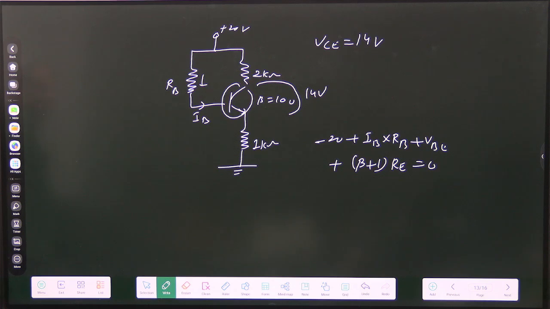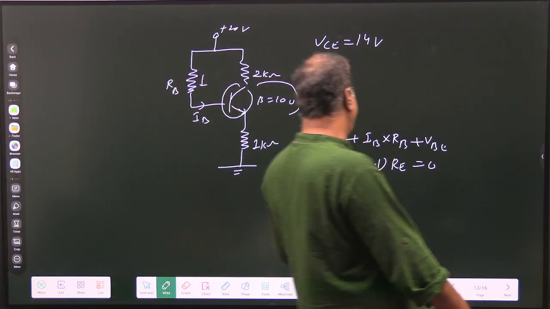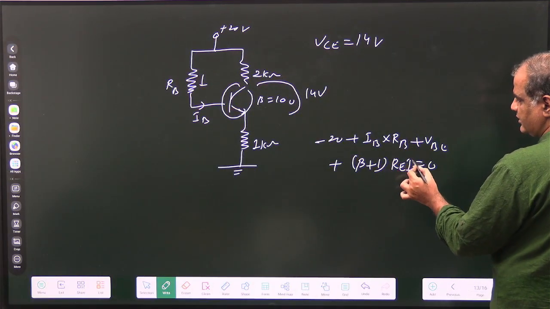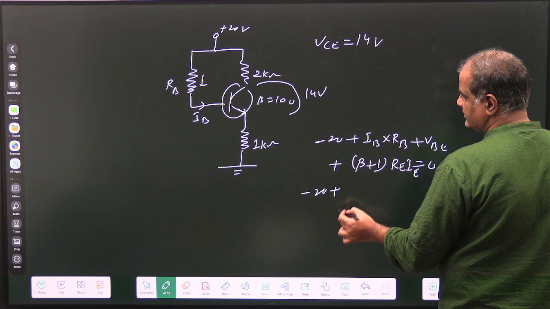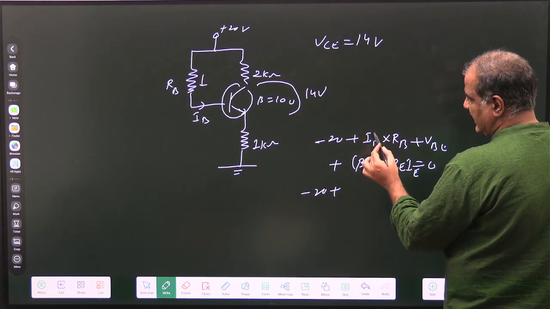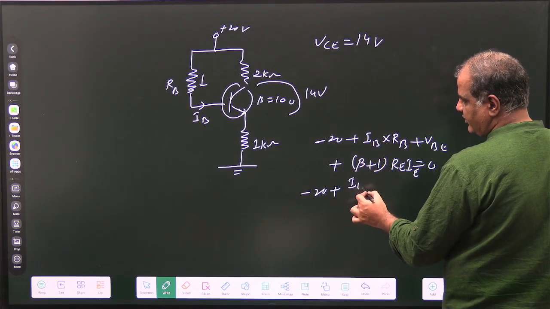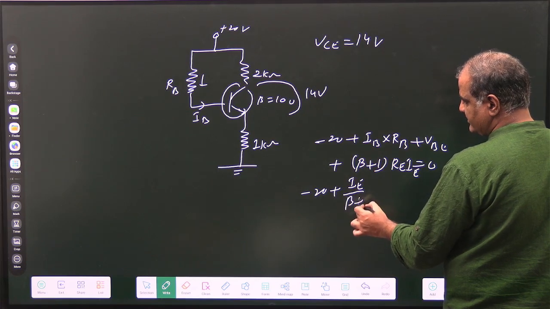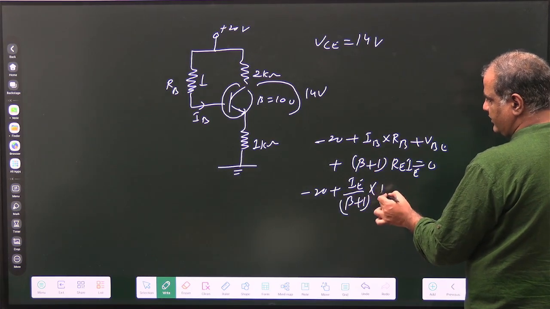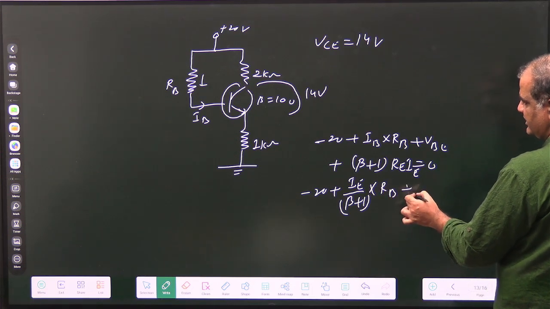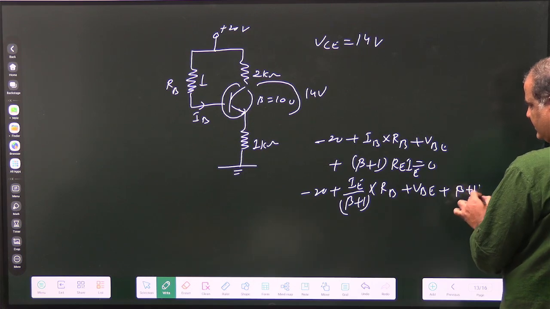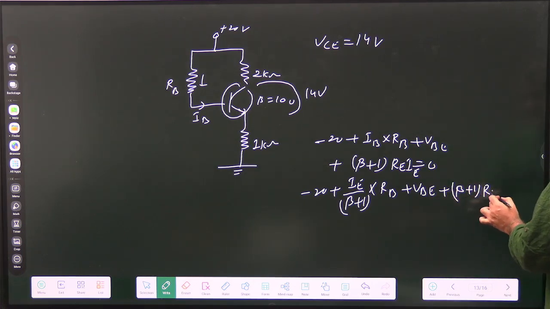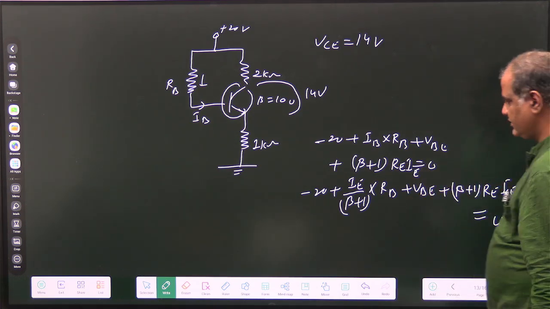So can we find IE directly from this equation? How? Put IB as minus 20. IB is IE upon beta plus 1 into RB plus VB plus beta plus 1 RE IE equals to 0. Now,